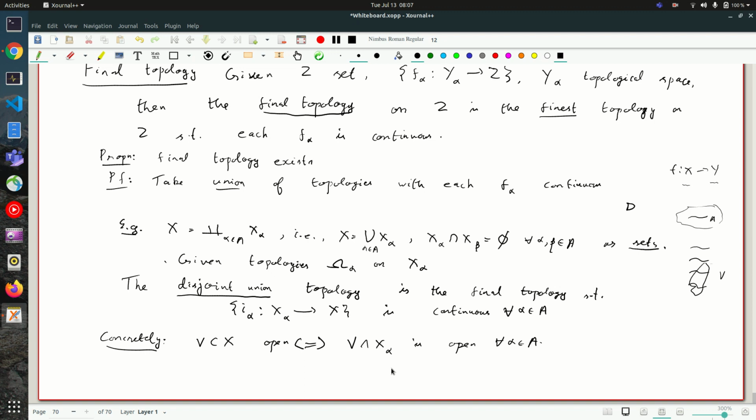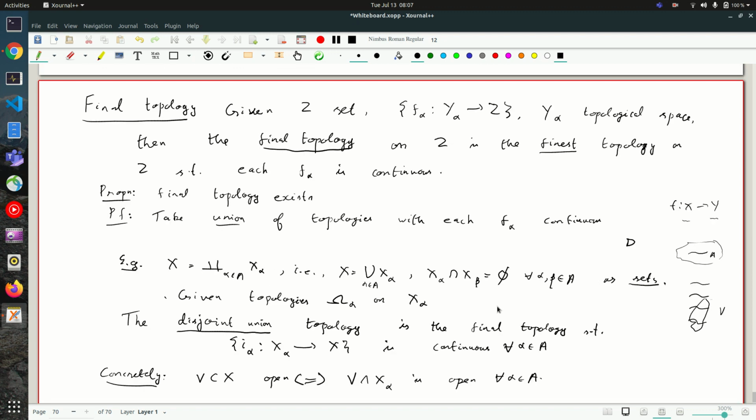Okay. However, this will not be the description if they intersect with each other, because these conditions interact with each other. So in general, you have to take the topology generated by these. That is to say, you have to close under unions and under finite intersections. So you can always take the sub-basis as being the inverse image sets appropriately, both in the initial and final topology. Sometimes you can take all the sets as that, and sometimes not.